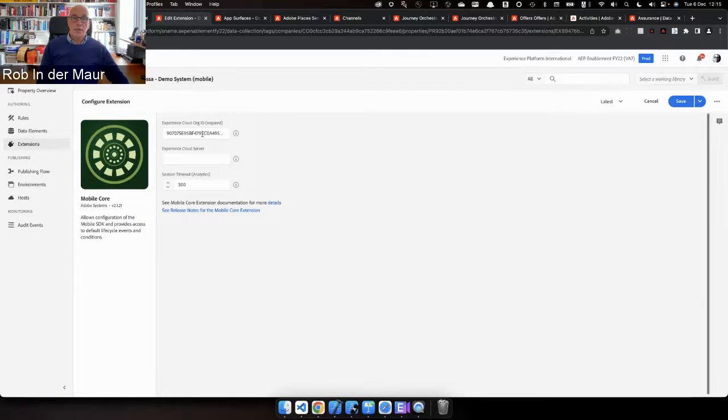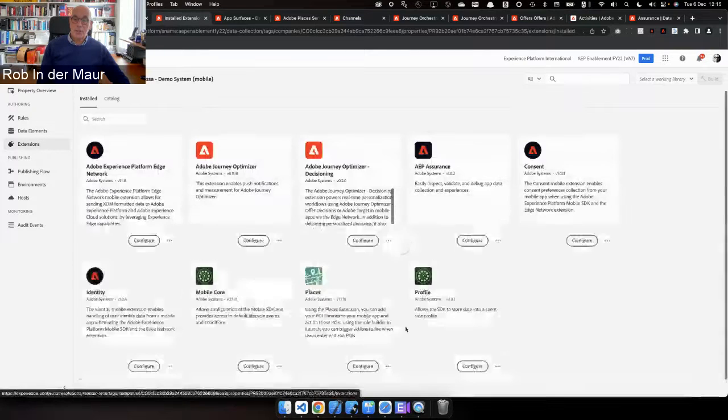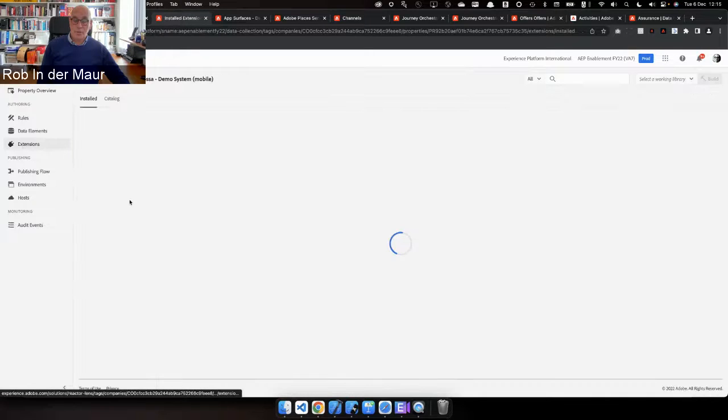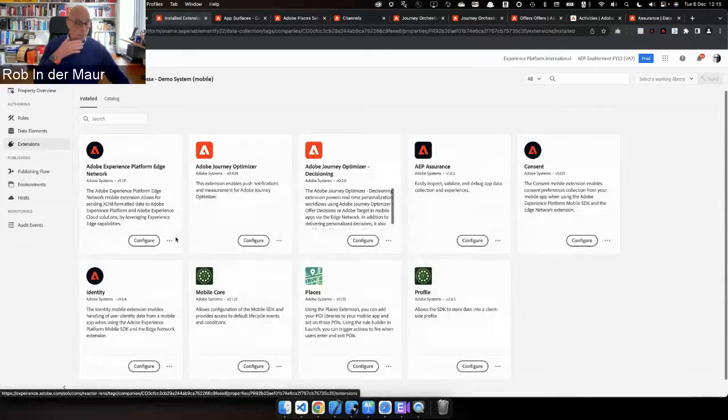Here you can specify your Experience Cloud ID, but most of the time that is pre-populated correctly. You can also set session timeouts here. If you go into that final extension, profile, then you cannot configure anything. It's just there to make sure that the property is behaving properly, so to speak. Then there's the final one, the Places one. We will come to that later on, but it's actually